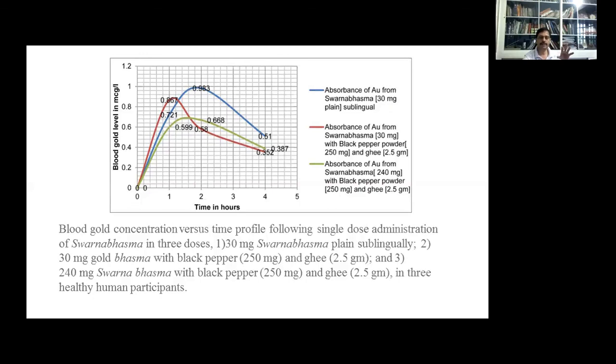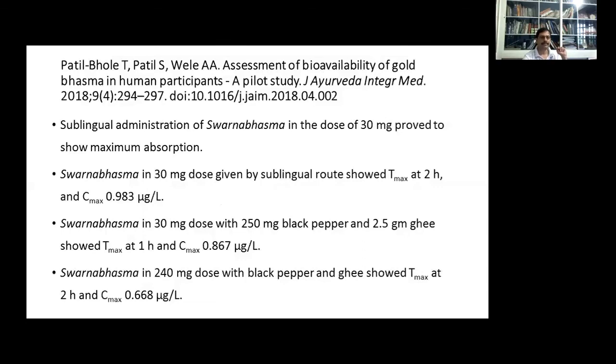So here the bioavailability is studied, where they have used the technique of ICP. This is by Patel, Bholeti and others. They said that sublingual administration of Swarna Bhasma in the dose of 30 milligram proved to show maximum absorption based on